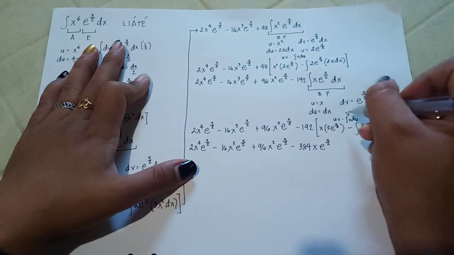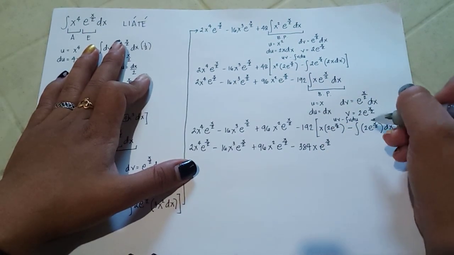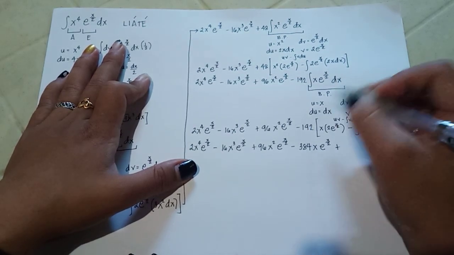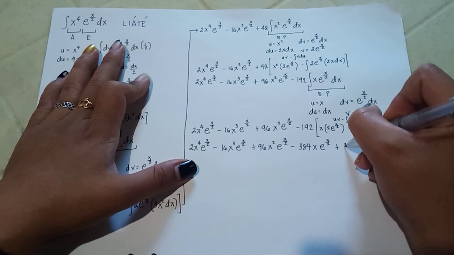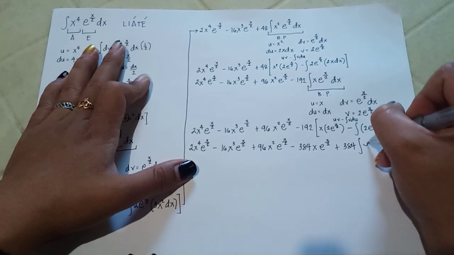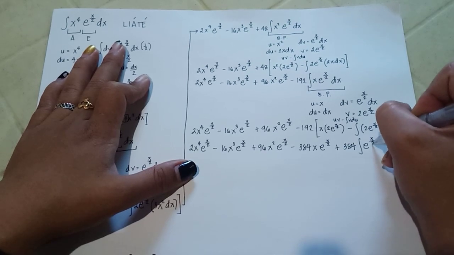Then distribute again, you will have minus and negative, that will be plus 192 multiplied by 2, that is 384 integral of e raised to x over 2